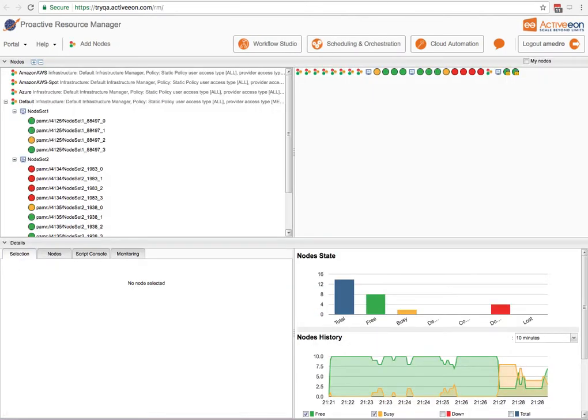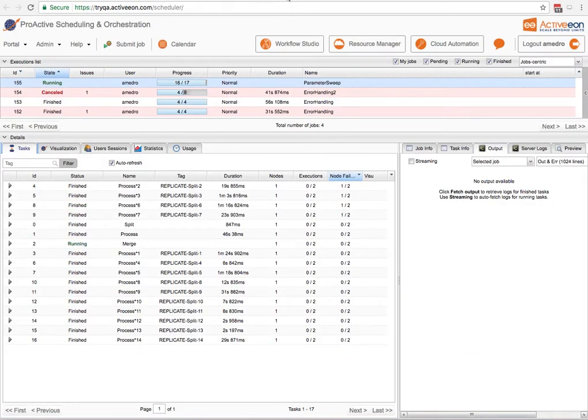So the capacity of the whole platform comes back to 8 nodes. And the task is finished.